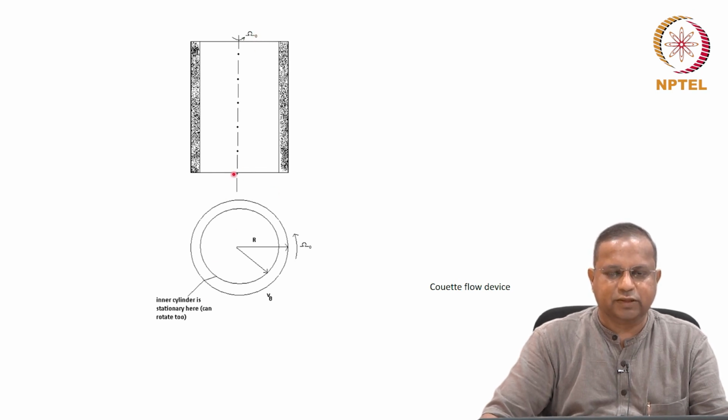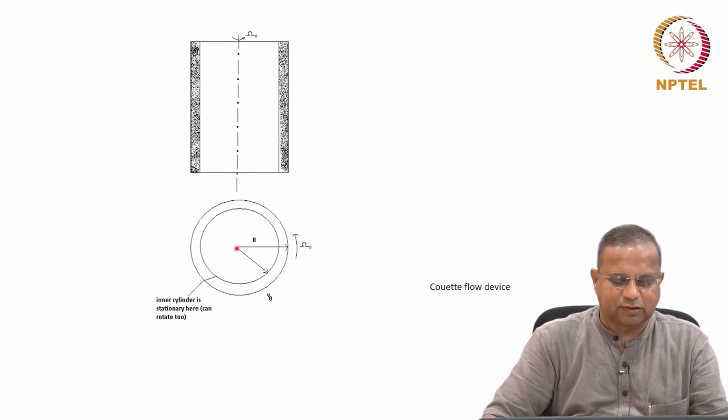If you look at it from one of the ends, it is going to look like a concentric set of circles. Our terminology is going to be like this. Let us take the outer radius as capital R and the inner radius as kappa times R. So kappa gives you the ratio of the inner radius to the outer radius.